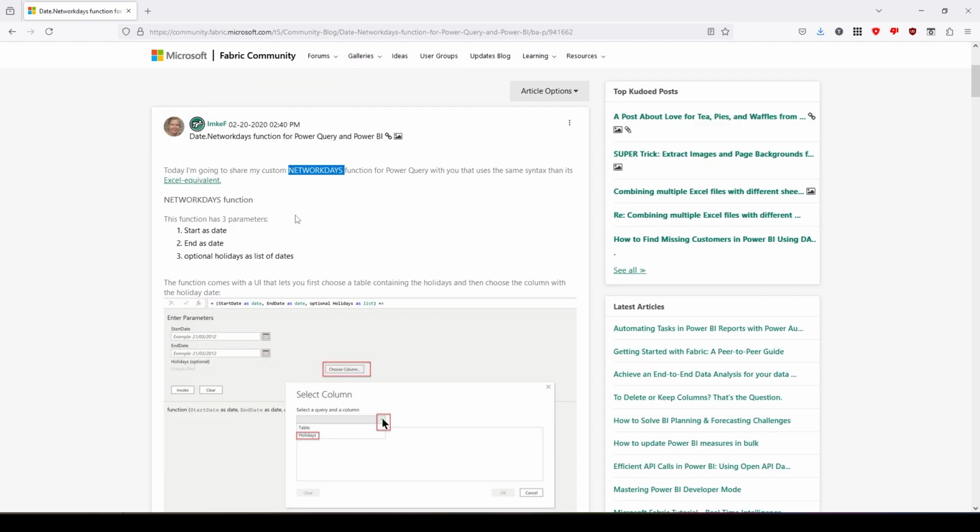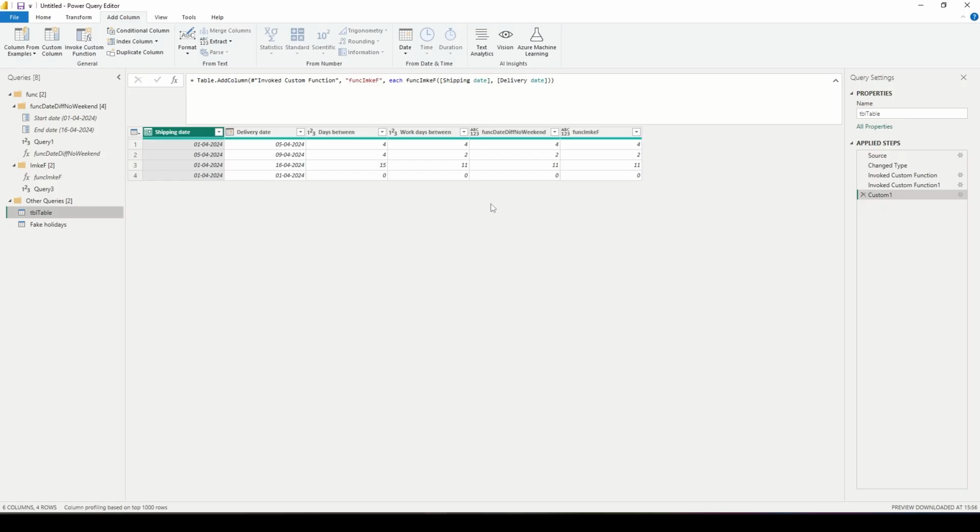And the reason why I wanted to make my own version first, and then I googled and saw that someone else has answered it, is because in DAX we have this NETWORKDAYS function. And I wanted that in Power Query as well. So, yep,